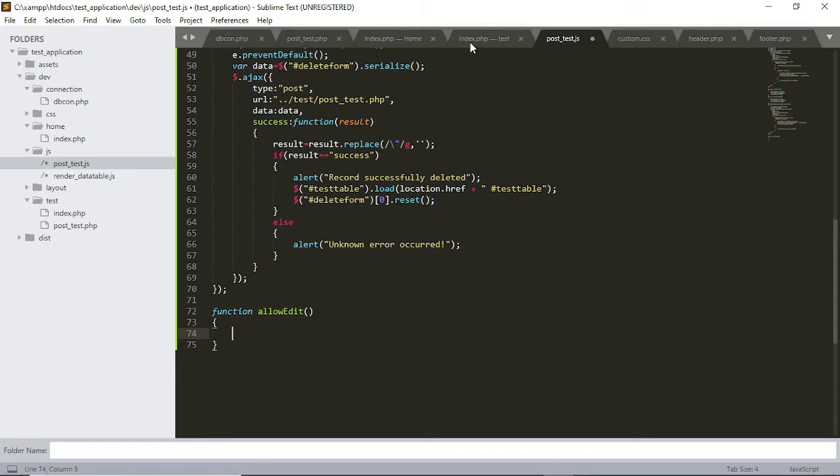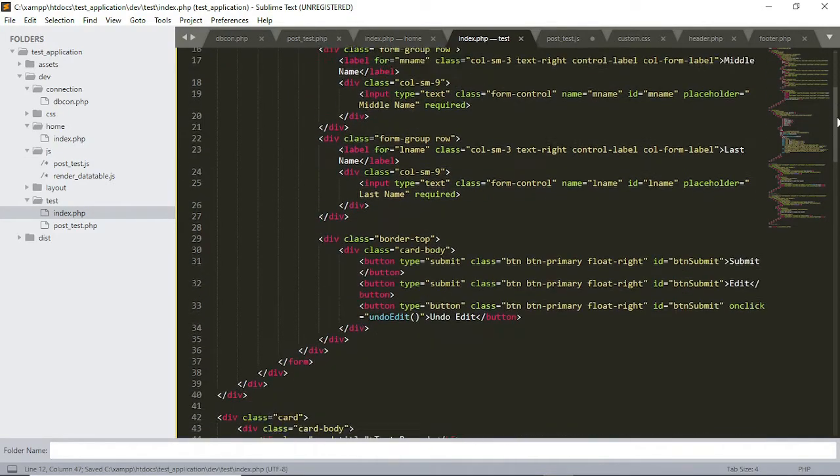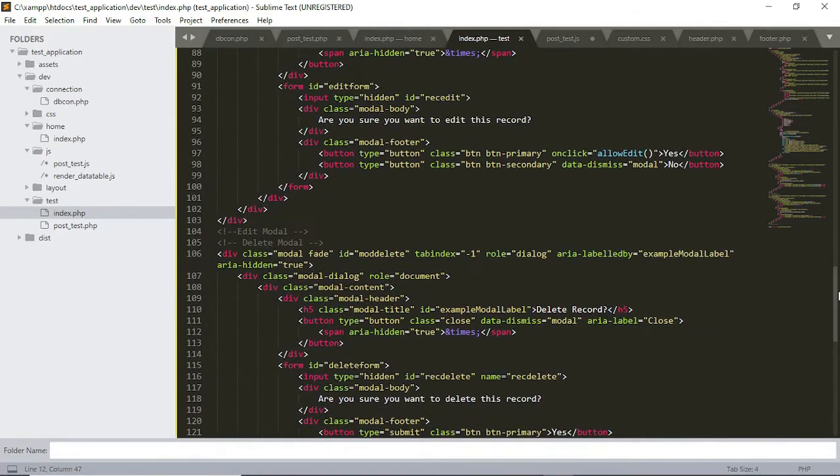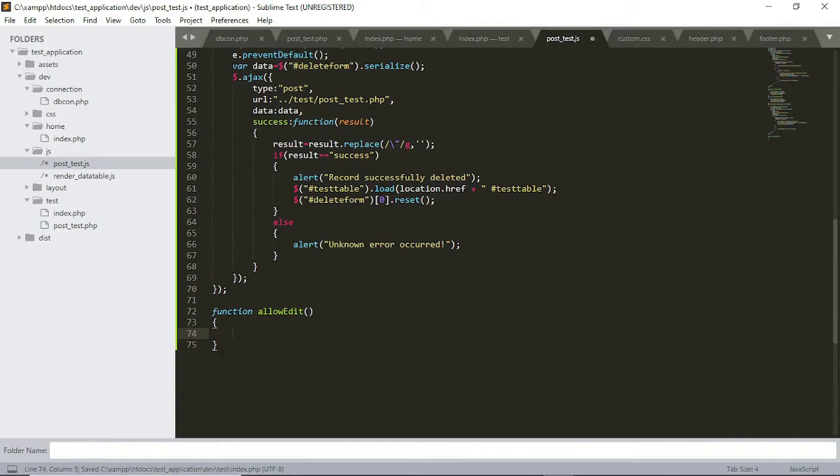Function allow edit. I want us to go back to this. Then we are going to set some other thing here within this edit model form. Now allow edit no longer becomes type button, but it becomes submit. Now there's no need of having this function actually, because we will use the form.onSubmit function. So come back here, and instead of doing this, we now call